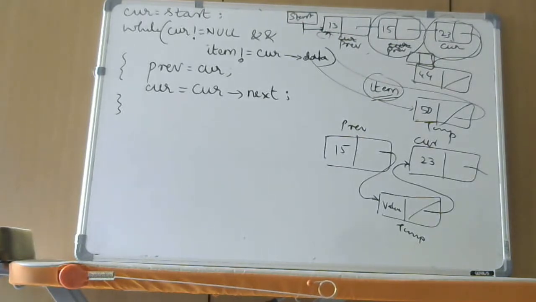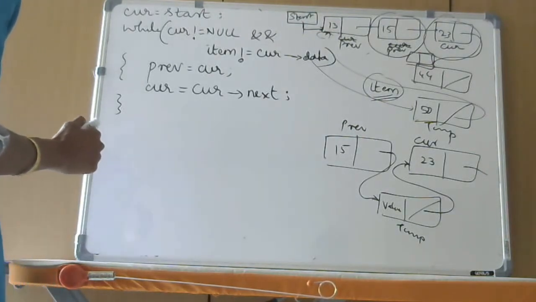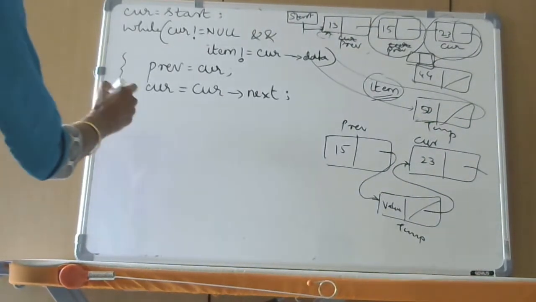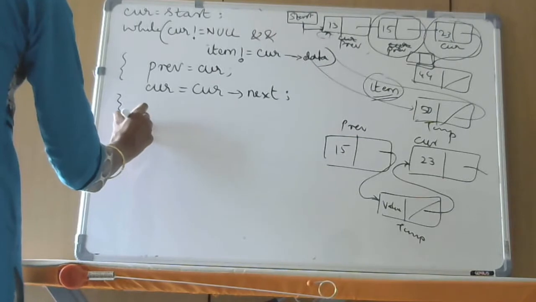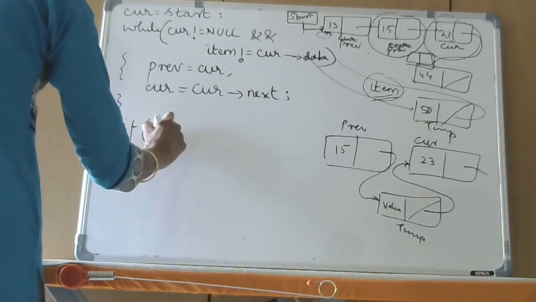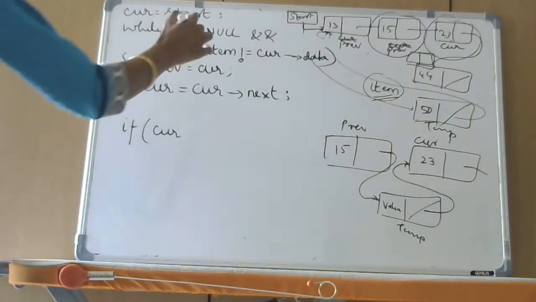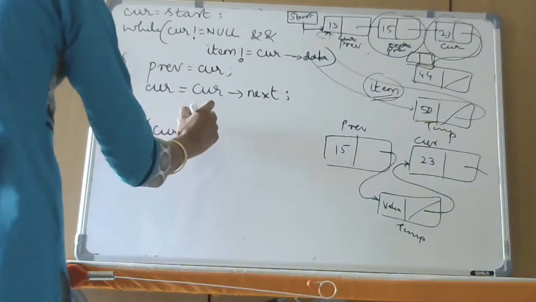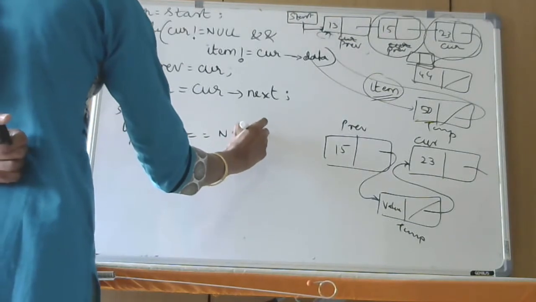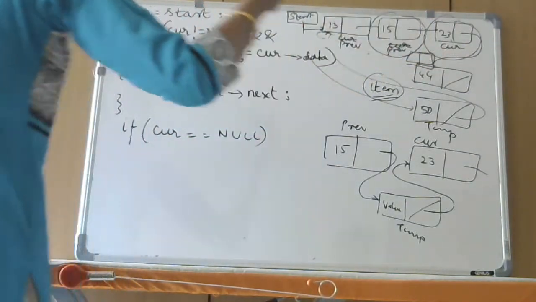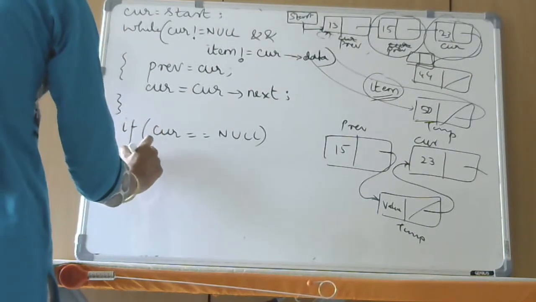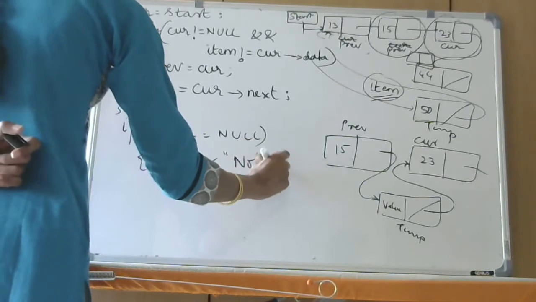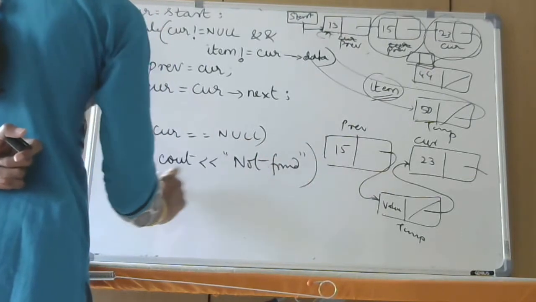So how can I code that? First I will say what? When I come out of the loop, why I came out of the loop I don't know. Whether this condition was not satisfied or this condition was not satisfied, I am not sure. If I say current is equal to null, that means you have arrived at the last node. That means your element is not found. Whatever item you have given, that is not found. So I will write it as not found. Otherwise,